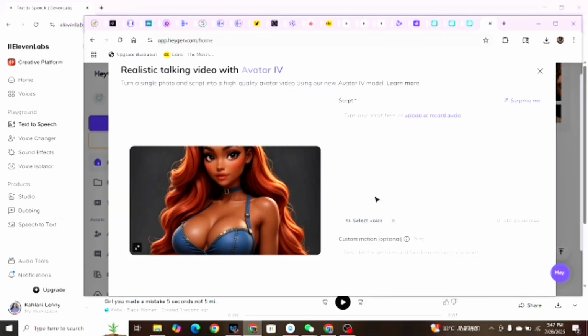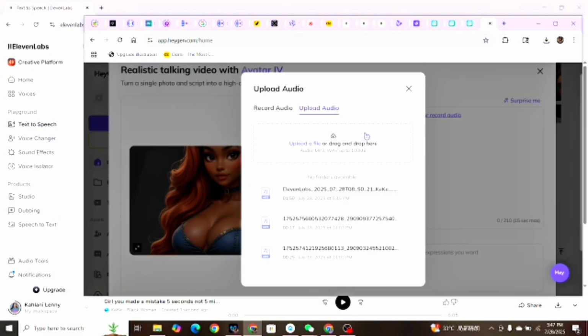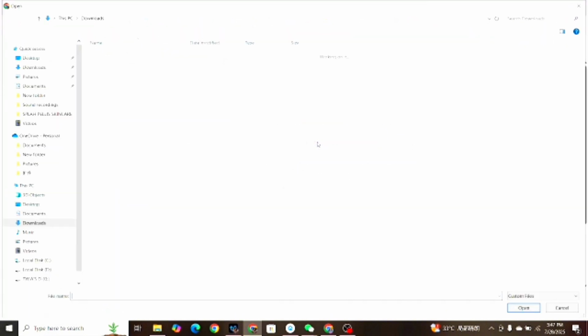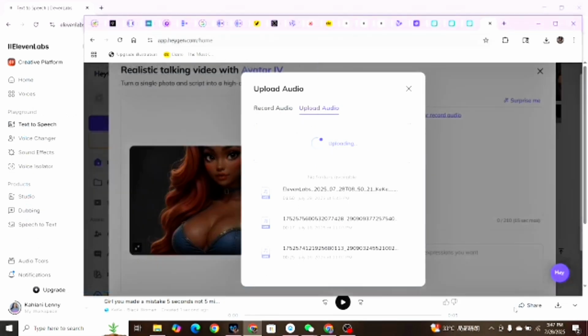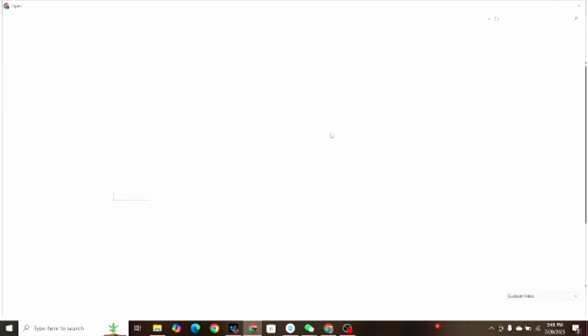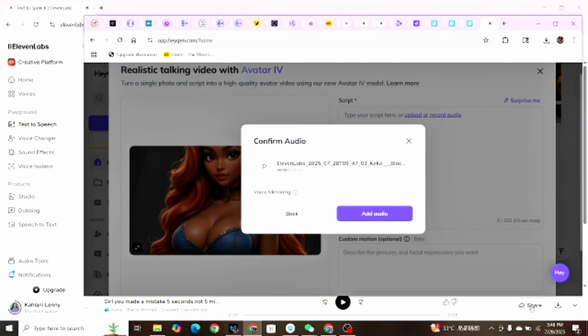Now let's talk about the still image. How to get your still image, just your photo, to lip sync and do activities and talk in your video. Now you go to Heygen AI. What you do is you take your photo and upload it to Heygen AI. When you upload your photo to Heygen, it's going to ask you to upload an audio directly on that platform. You just upload your audio immediately to attach to the photo,